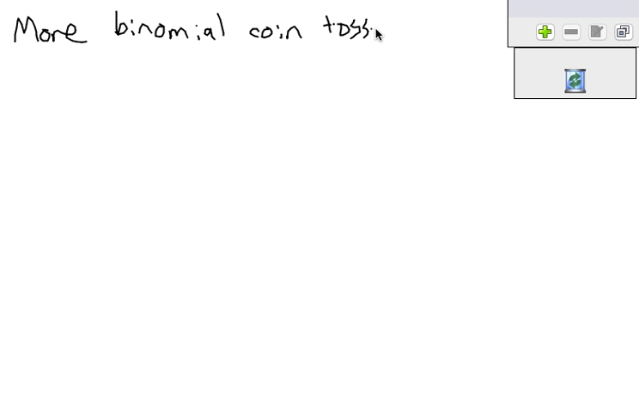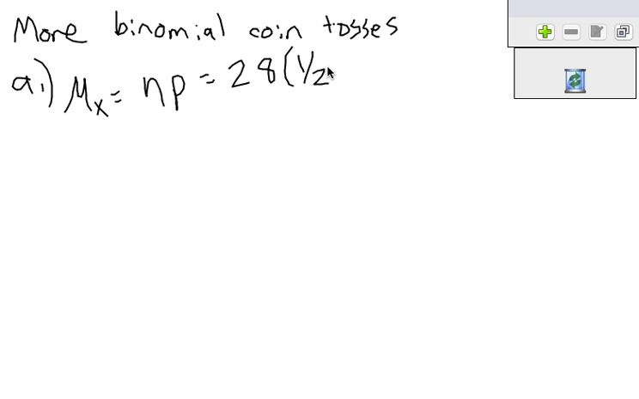All right, this is more binomial coin tosses. And I'm sure it's going to build off the same problem. It does appear to be that way. So part A, it wants us to calculate the mean and interpret it. Okay? So the mean of X, remember that is n times p, which is going to be 28 students times 1/2, which is equal to 14. And our interpretation,